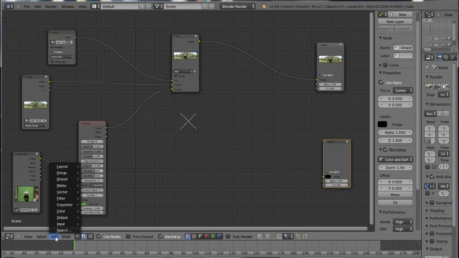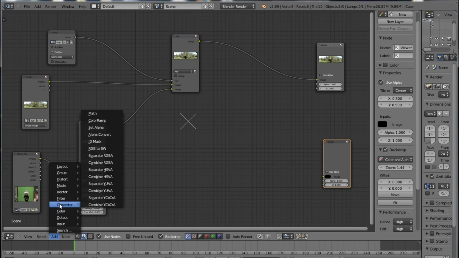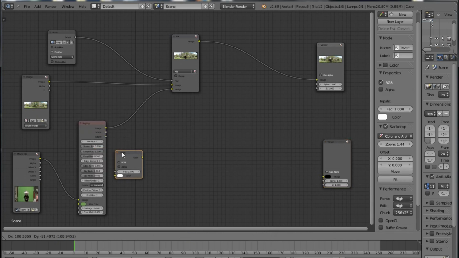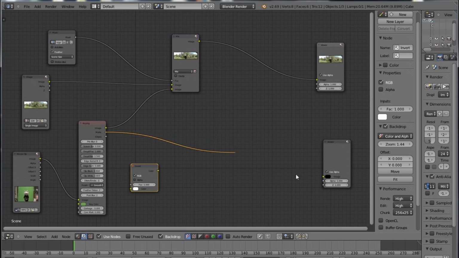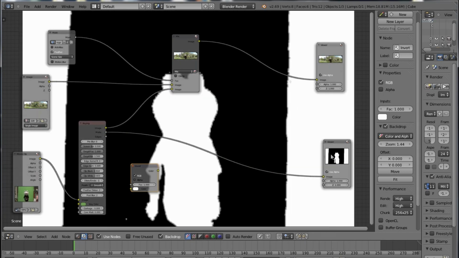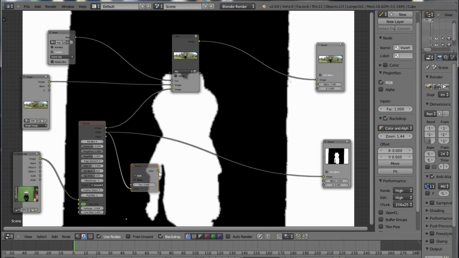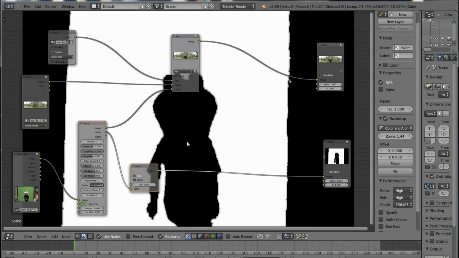So we're going to do that by first adding a color invert node. Now normally if we take a look at this alpha matte, you're going to just see that black, the alpha channel, where white is solid and black is transparent. And I've cut out that garbage around with this mask node up here, done in the movie editor. So what we're going to do is feed that into that invert node, and you will see that it will make it the opposite. The character is now going to be transparent and the background is going to be solid,